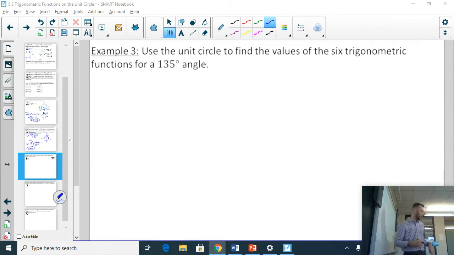Today we're going to go a little more involved with the unit circle. I really encourage you guys to get used to the unit circle, or those triangles that we looked at in 5.2, to find the values for these trig functions. Because I know you can just put them in your calculator, you can just look it up, but,